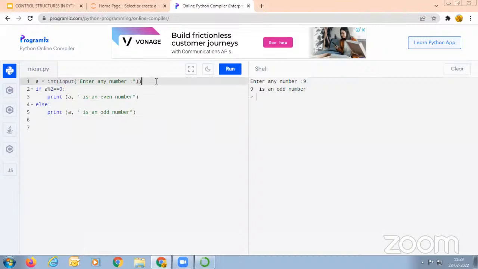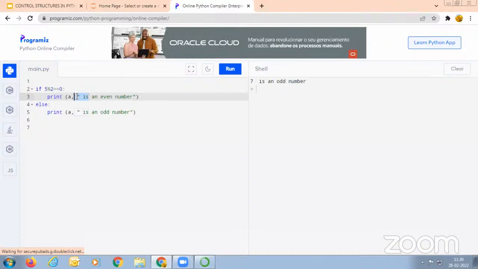So instead of giving the input statement like this, we can give the number directly. I'm just giving 7, a which is equal to 7. So the output is 7 is an odd number. Okay, so instead of declaring a variable also, we can write the code. I'm just giving here, if 5 modulus 2 equal to 0. In that, here I have to change the output statement to